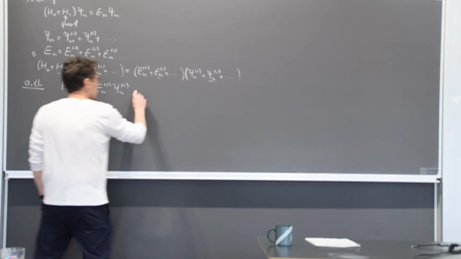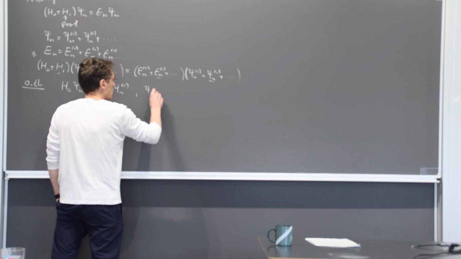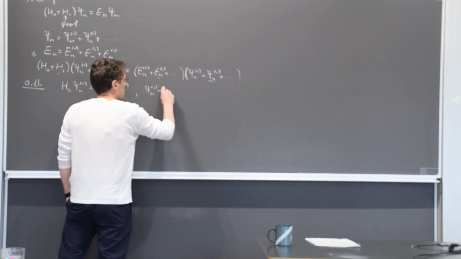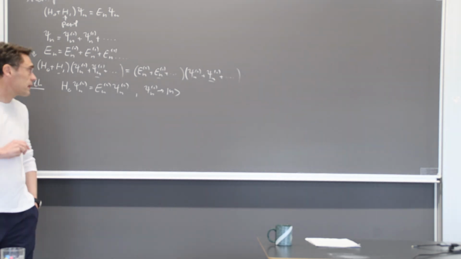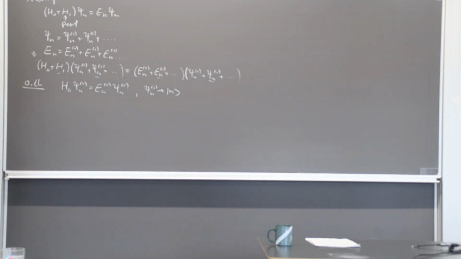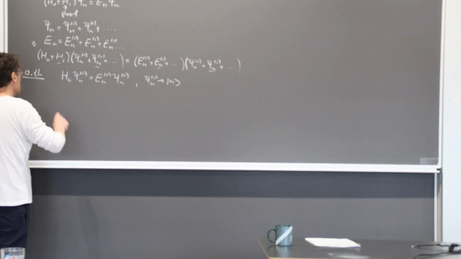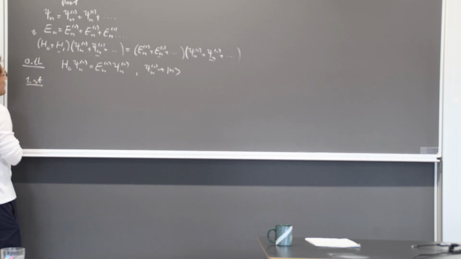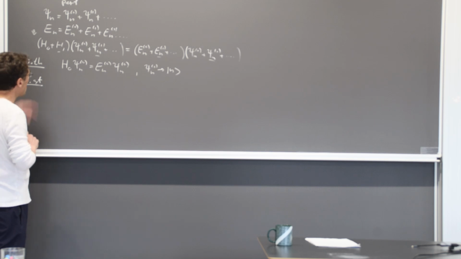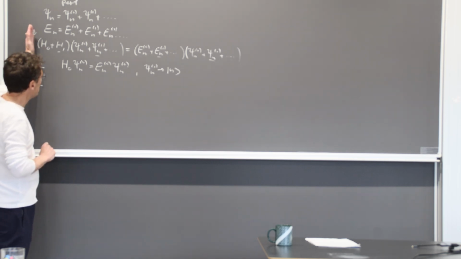I'll be using a slightly different notation along the way. So this zero order solution I'll just denote by this Dirac ket there. So that's easy enough. We assume that this is done already. So next up, of course, I'll be collecting first order terms. So now I look at this equation and I think to myself